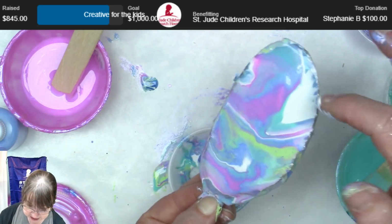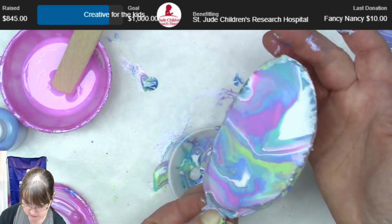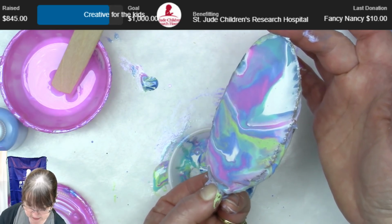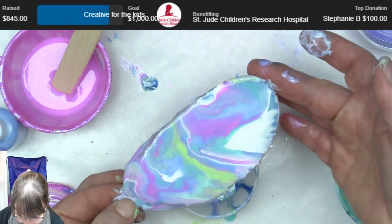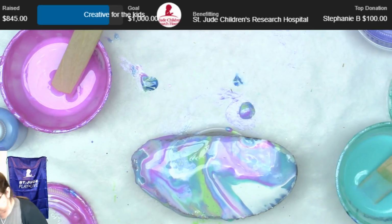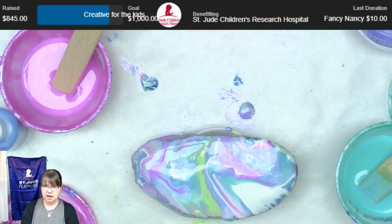I'm stretching this back down because I want to get the glitter into this white pocket. So I'm sort of letting it stretch back down a little bit. There we go. Now these paints have been mixed for a little while, so there's not a lot of bubbles in it. And I don't ever use a torch on any of my...